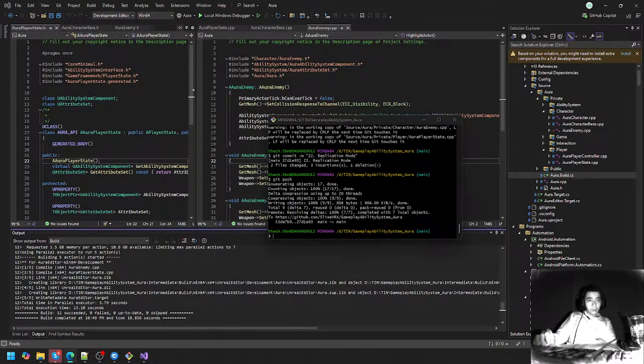Now, the ability system component has this concept of ability actor info. That way, the ability system component can always know the actor info, such as who owns this ability system component. But the ability system component also understands the concept that it might be